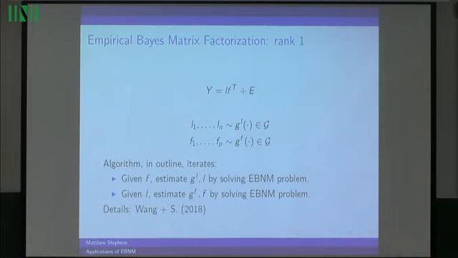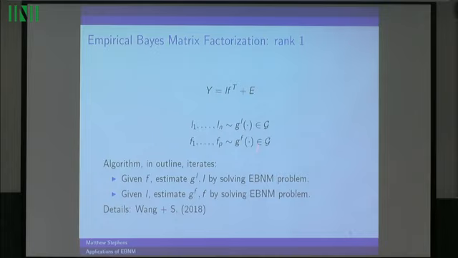This isn't a maximum likelihood estimate, but you can show it's actually equivalent to a variational approximation to this problem, if you know what that is. If you don't know what that is, it's optimizing an objective function. It's not guaranteed to find the global optimum; it's a hill climbing algorithm. So this problem is no longer convex, it's biconvex. Each of these problems is convex, but the overall thing is not convex. So that's the intuition. The idea is you can solve this problem iteratively, approximately, provided you can solve the EBNM